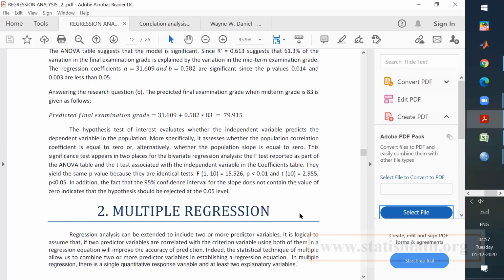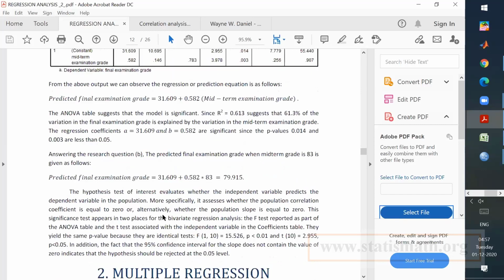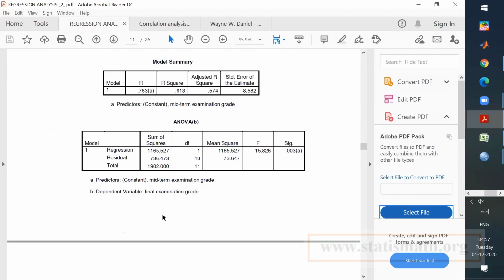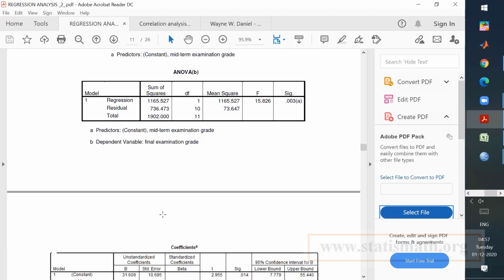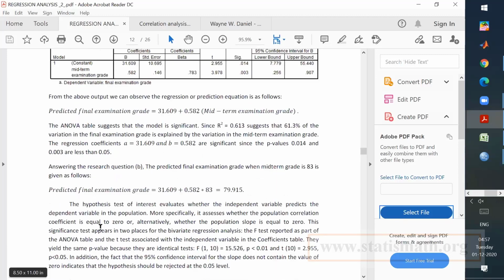So have you guys finished already? I'm asking. I came here to show you which outputs are important, and you have to select those outputs and paste them in a Word document, right? And you need to write a small report like this, okay?